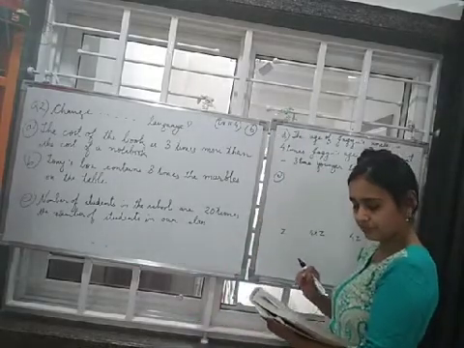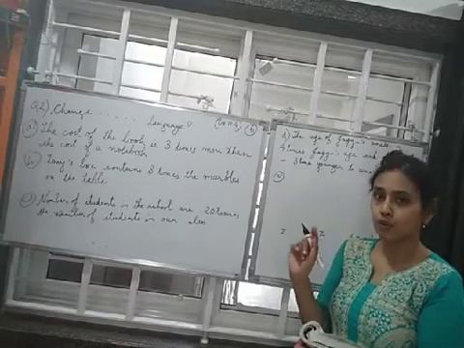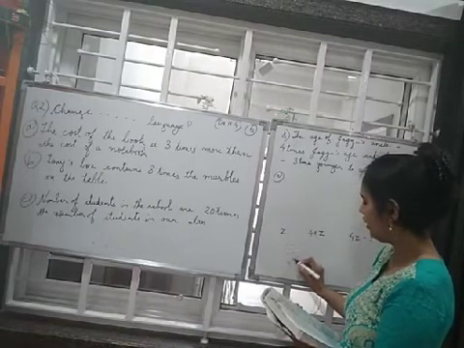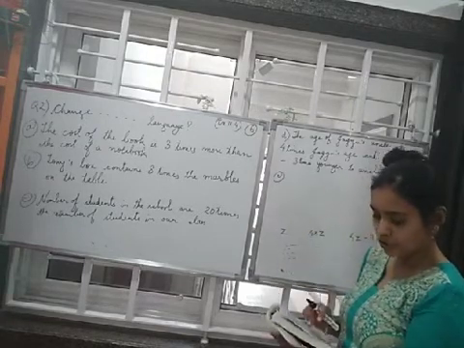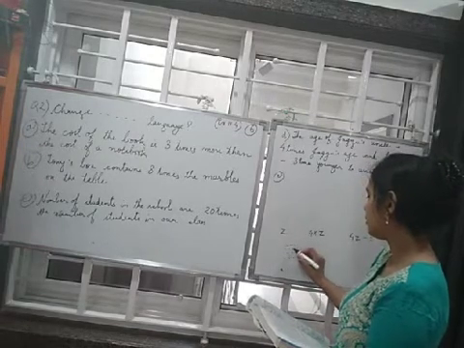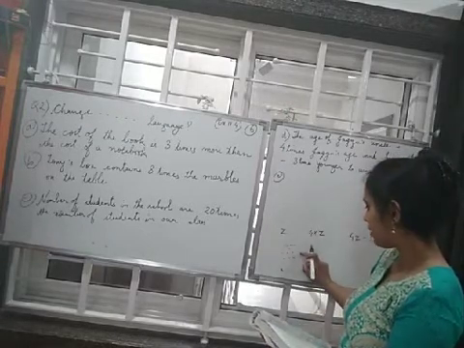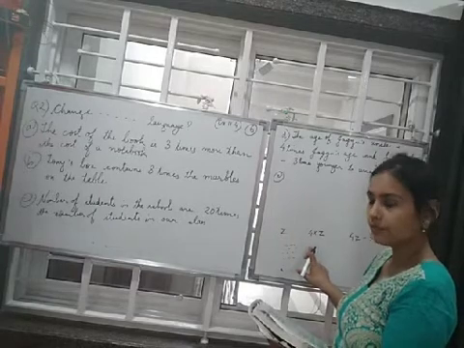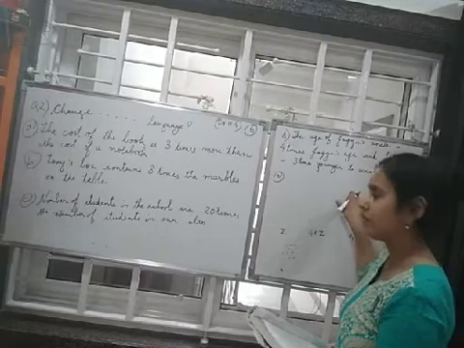Everything can be seen. In an arrangement of dots, there are r rows. How many rows? Like this. There are r rows. Each row contains 5 dots. So the total number of dots will be 5 plus 5 plus 5 plus 5 plus 5. That means r times 5, that is 5r. So we write the total number of dots is 5 into r, which is equal to 5r.